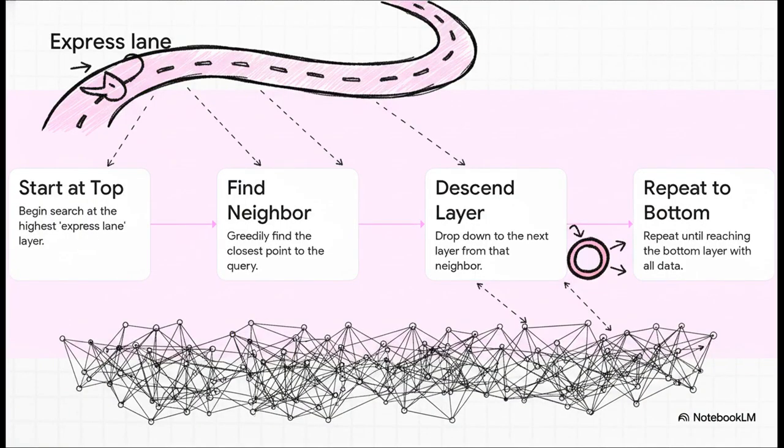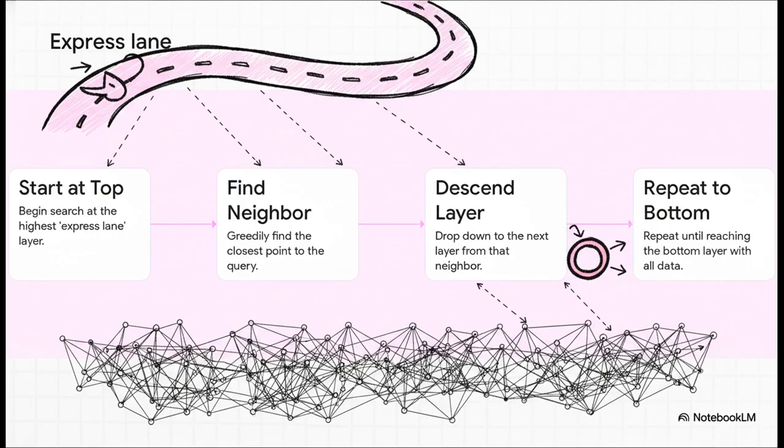It all starts at the very top, on that express lane. From there, it does what's called a greedy search, which just means it finds the closest point on that layer to what you're looking for. Then, from that new spot, it drops down to the next layer, and it just repeats this process over and over. Find the closest neighbor, drop down a layer, until it hits the very bottom, the local roads, where all